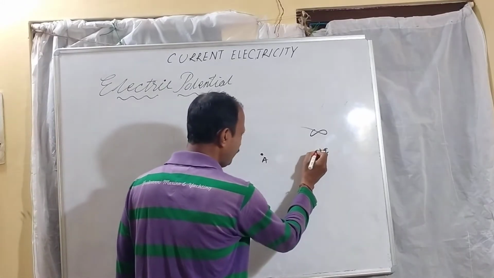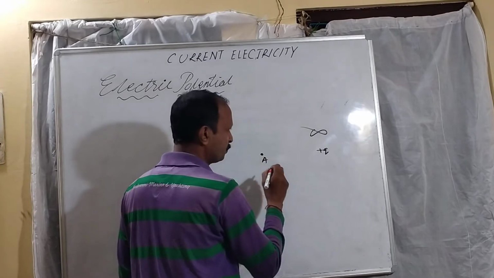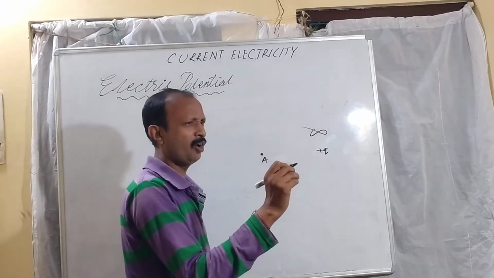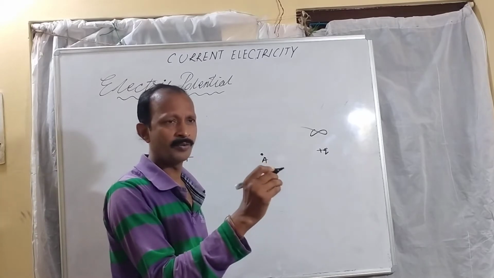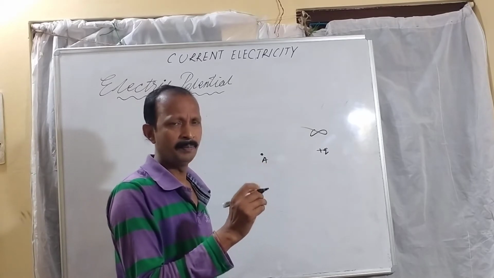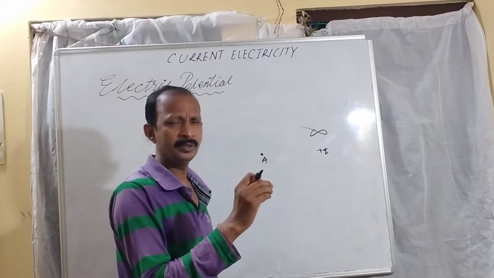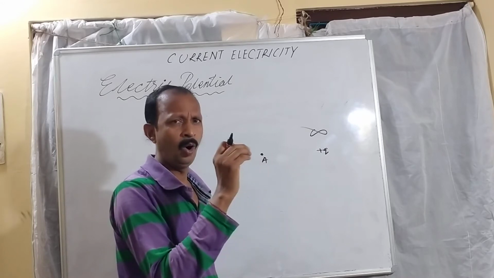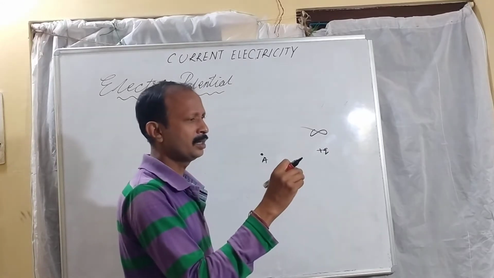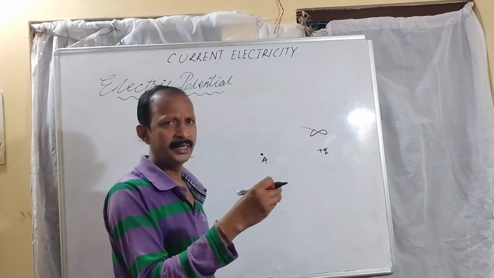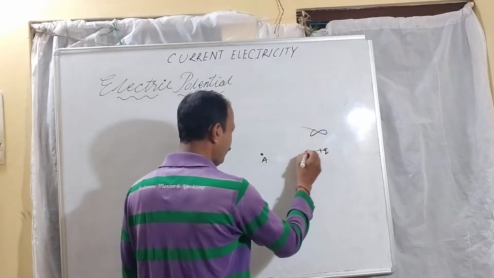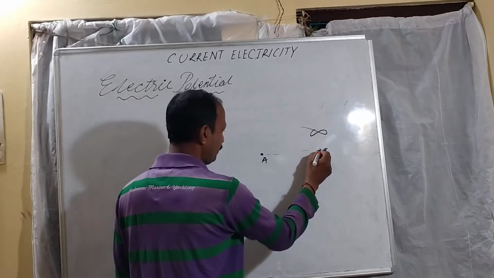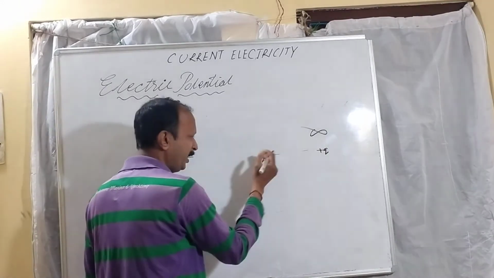So I shall bring it with very slow speed. That means the velocity is not changing. Definitely it will move from one place to another place, but we should bring it with a very slow speed. That means you will assume that it is not getting any acceleration. So if I bring it from the point of infinity to the point A,